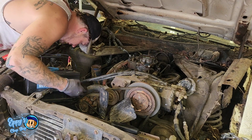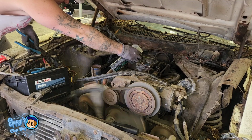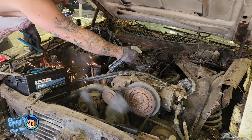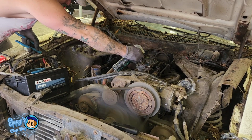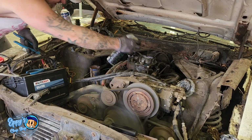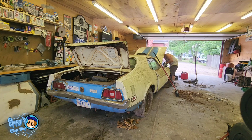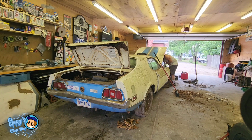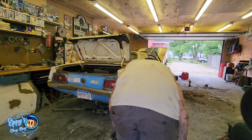Rubbing. Something's rubbing. Oh, I see. This is so sketchy. I think this thing's in gear and just started. It felt like it was trying to move forward. This thing's totally in gear, isn't it? Guys, I'm pretty sure this thing's in gear firing up, but